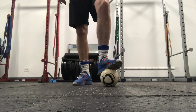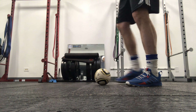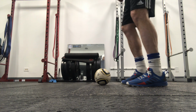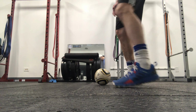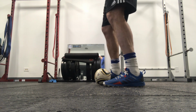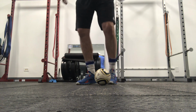Alright, same thing with the scissors. One thing I always think helps is when you're doing a fake and take, your feet will usually be a little bit behind the ball like this, because you're going to be sliding behind the ball. The scissors, you're a little bit closer, because you're going to be going around it. So with the scissors,